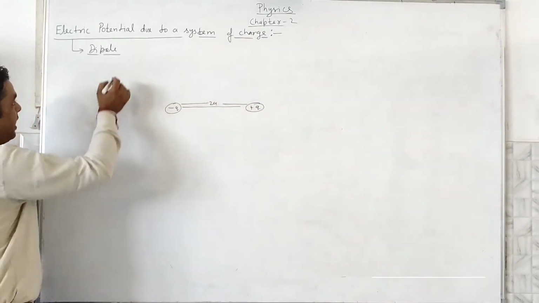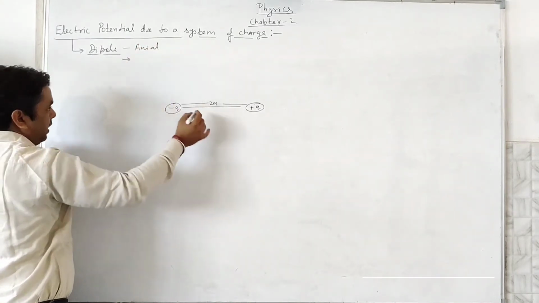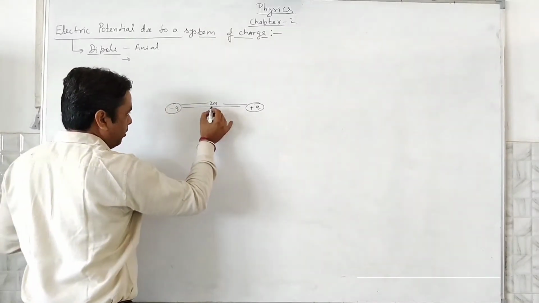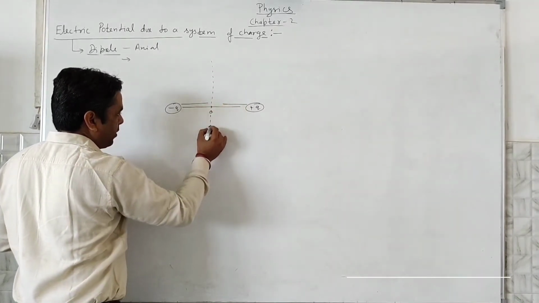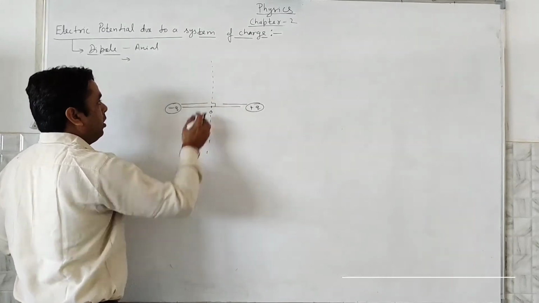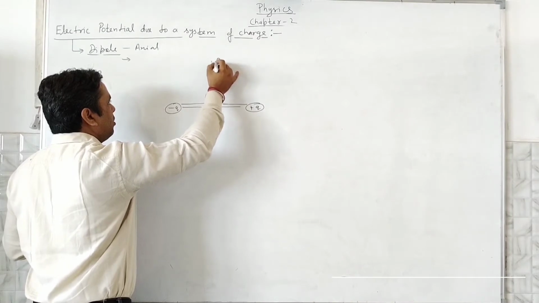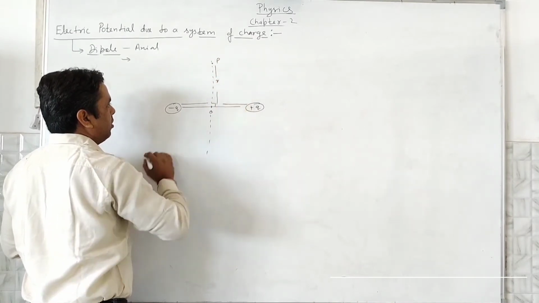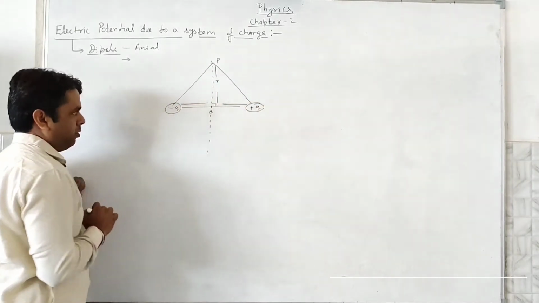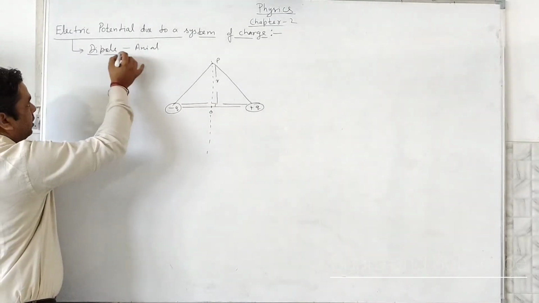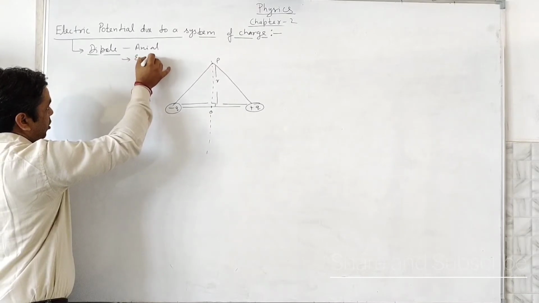We have earlier discussed the axial point, so you can check it out in another video session, and today we are discussing the equatorial point. So the perpendicular distance from the center O is called equatorial, that is the axis which is perpendicular. We can take any distance r from the center, and that distance will act as the equatorial distance from these charges. So that's why we are taking the electric potential of a dipole at the equatorial point.